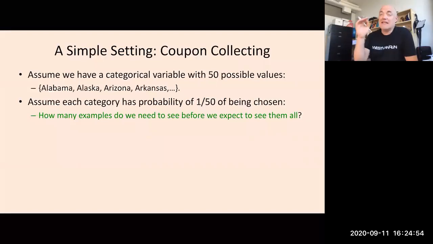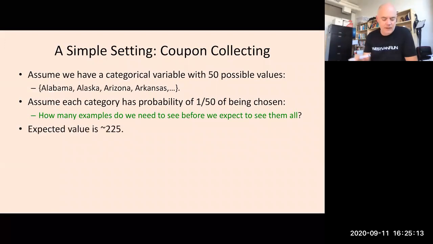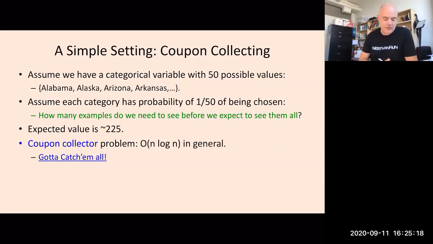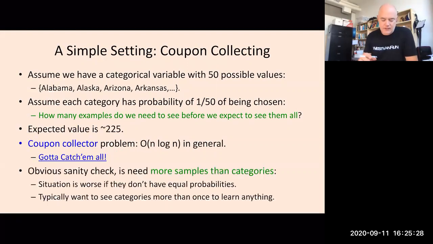So the question is, in this contrived setting, how many examples, how many people do we have to poll in order to actually get one person from every state? Right, which is like, you need at least that much data to say something about the BMI in Alaska. Not how much they weigh, but what the BMI is, excuse me. Well, the answer is that you need about 225. You need to poll 225 people. This is an instance of the coupon collector problem, and the answer is if you have n possible bins, you need in general order n log n